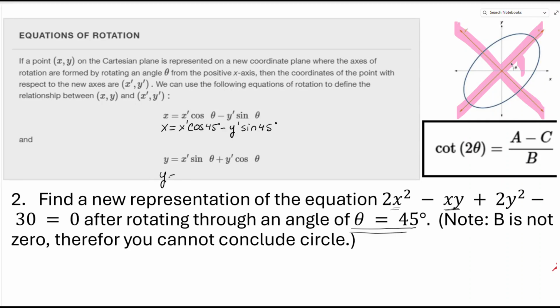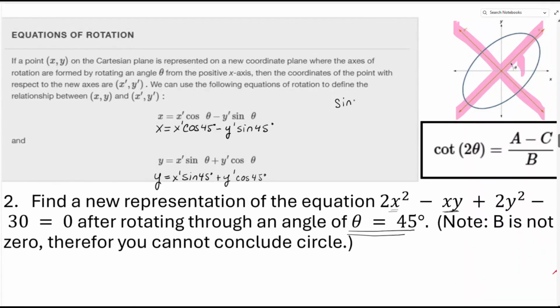Similarly, we're going to replace y with x prime sine of 45 degrees plus y prime cosine of 45 degrees. Now, we do know that the sine of 45 degrees is root 2 over 2. We also know that the cosine of 45 degrees is root 2 over 2. So